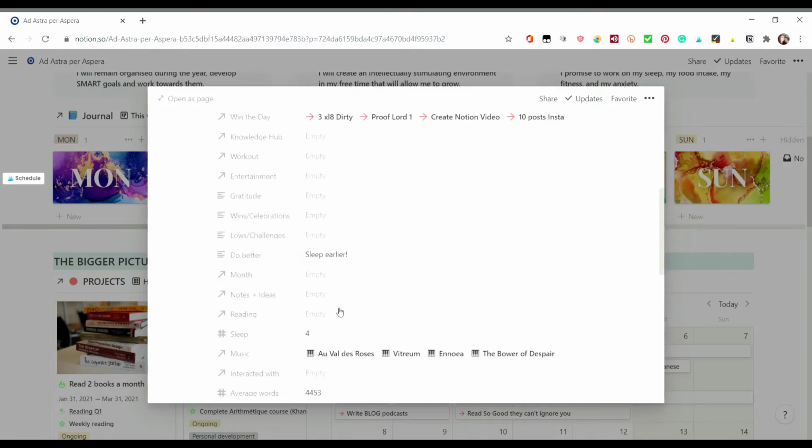Ooh, I didn't work out, but you have Knowledge Hub. It's if you take a class, if you read articles. I think I read one that I need to put in there. Workout, entertainment, movies that you watch. Gratitudes, wins and celebrations, challenges and do better. Do better, it's sleep earlier. Months that I need to add, so that up